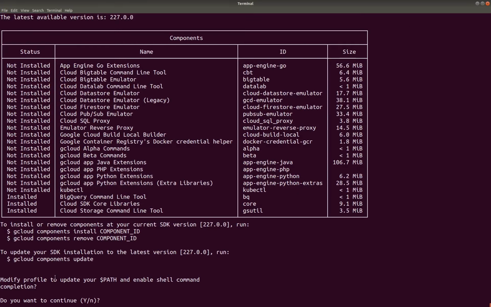And as you can see here, it's saying it's going to update our path and it's going to enable shell